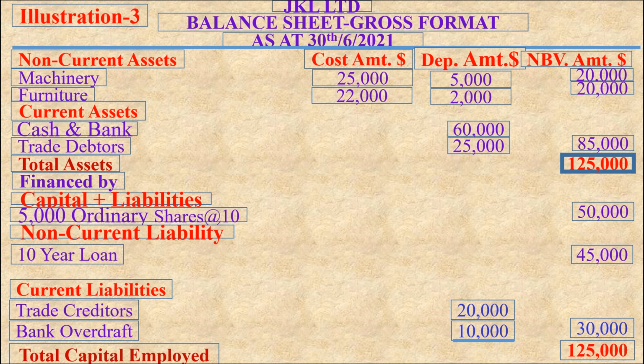Now, I want you to note that when we are preparing the gross format, the term total capital employed is what represents the gross perspective. You realize that when you go to the next type of balance sheet format, you'll see a distinct difference between the two and how we even prepare the format. So let's go to the next